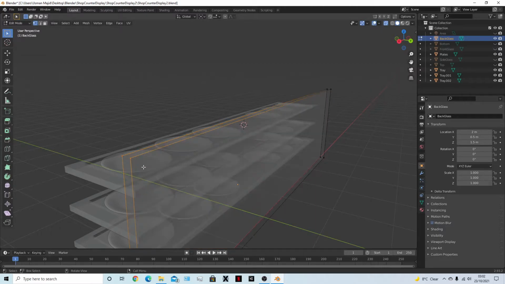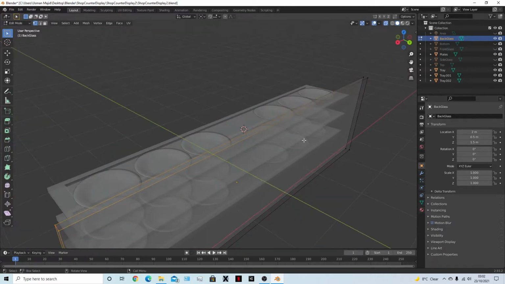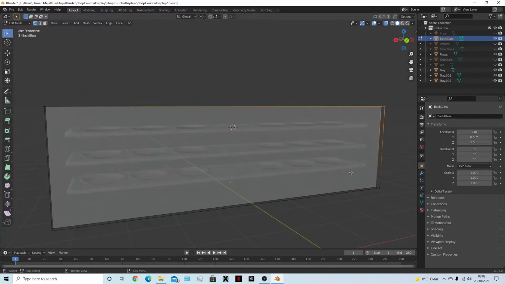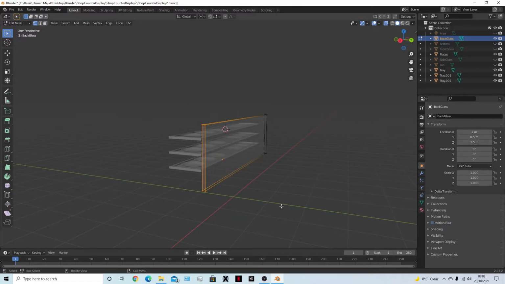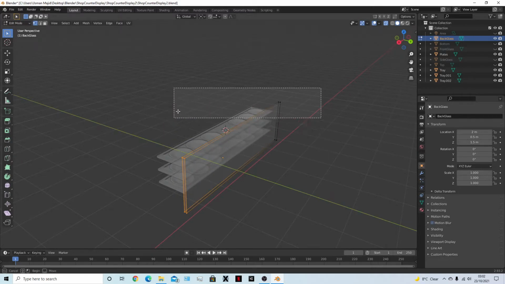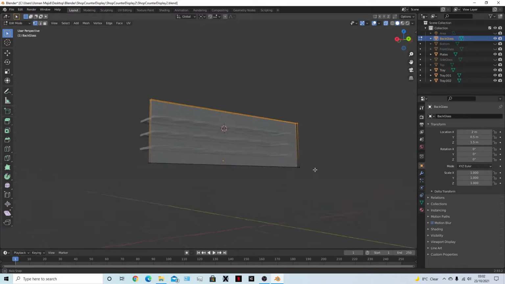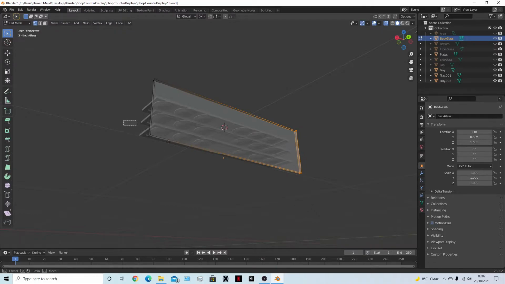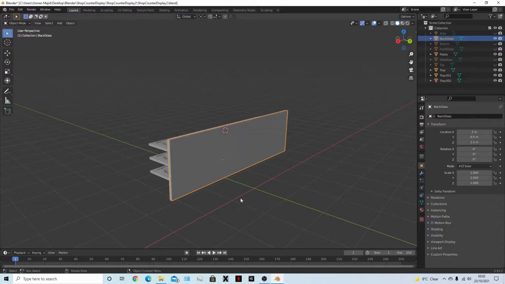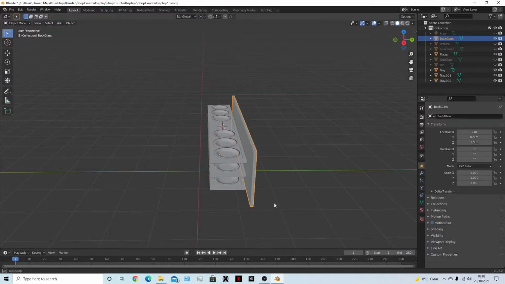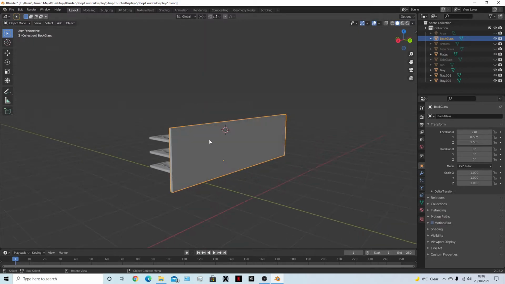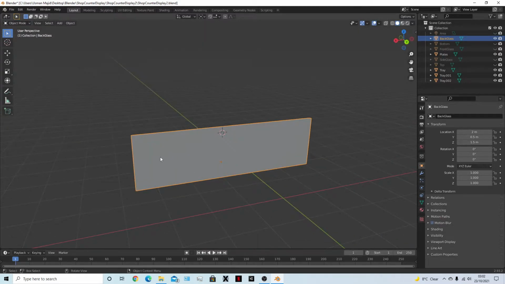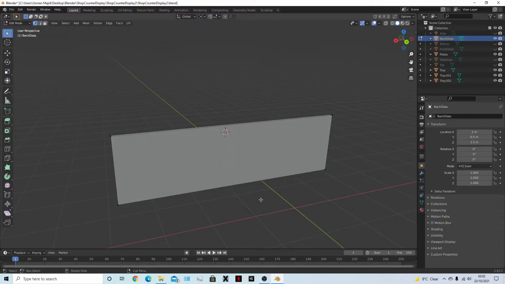So let's just join these, make a face, face, face, face, face, face, and a face. So let's see what it looks like. This is going to be the plastic frame for the glass inside. So what's going to happen is, from the back side there's going to be a frame, and then inside the frame I'm gonna